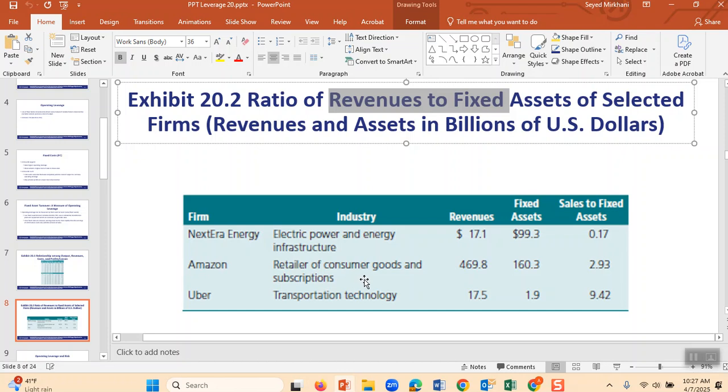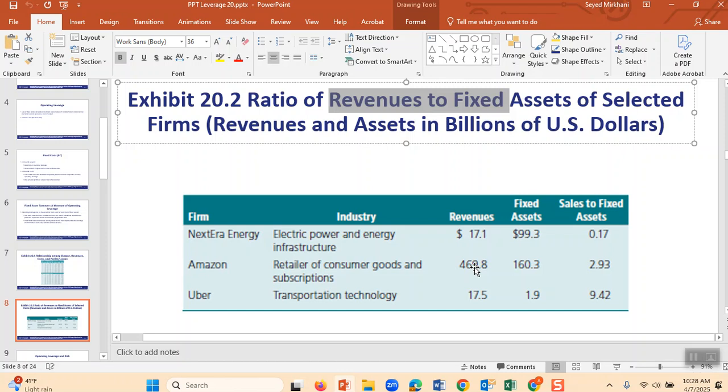Amazon has fixed assets of 160, but it has revenues of $500, and this 500 is billion, 469 billion, but for simplicity we say 500. And this is a kind of little older book. Now the revenues of Amazon, a company I am researching, are almost getting close to maybe $1 trillion.